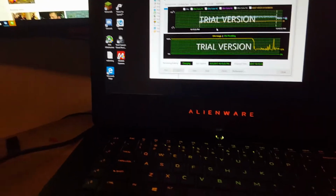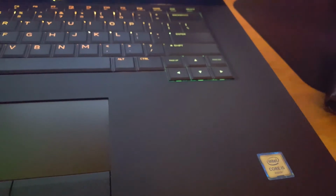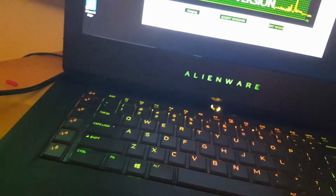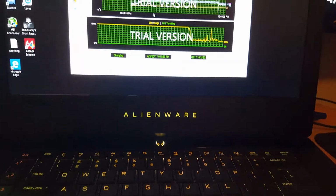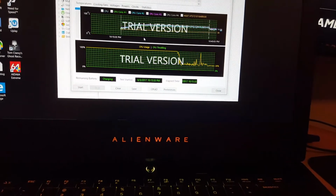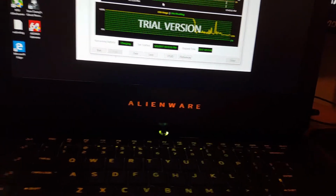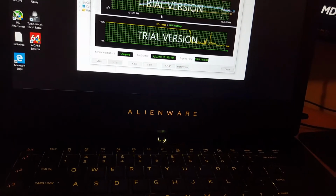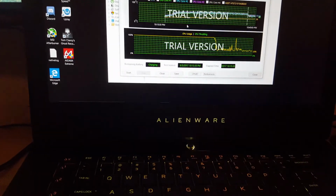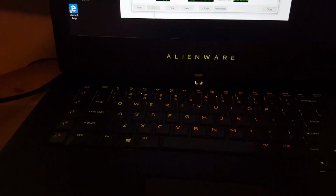Overall, on the performance, I kind of wished that I had gotten the i7 model, but the i5 is good enough for what it is. But the important part, it's got a full-size desktop 1060 in it, 6 gigabytes of VRAM, and that is huge for a laptop like this. Desktop grade, and I think, judging from that Firestrike score, that's a relatively good score for a 1060, the graphics score at least. But yeah, all in all, it's a pretty solidly built laptop,